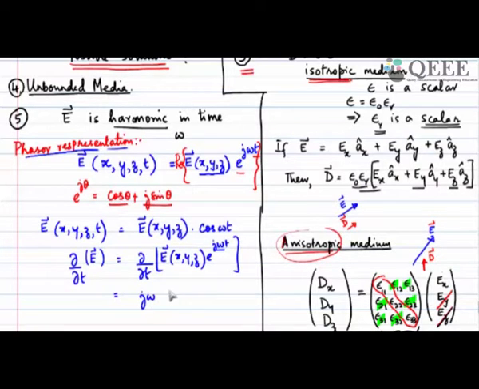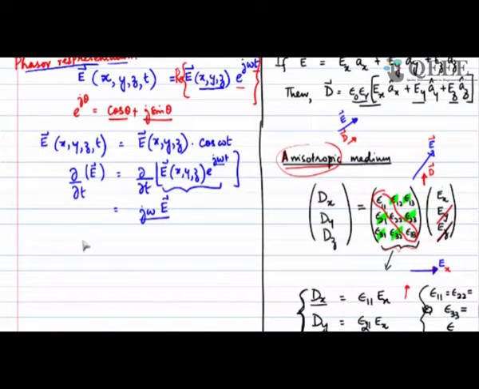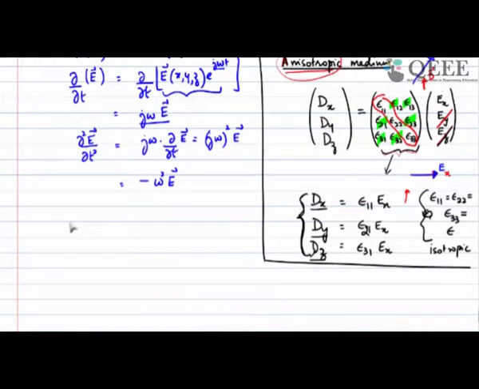So, I end up with the same vector E. So, del by del t of vector E turns out to be j omega E. Second derivative, which is what we need in our wave equation, del square by del t square, is j omega times one more derivative of del by del t of E. So, I can write this as j omega square E, which is minus omega square E. This is the power of the phasors. Just because I use these phasors, my wave equation reduced to minus omega square,